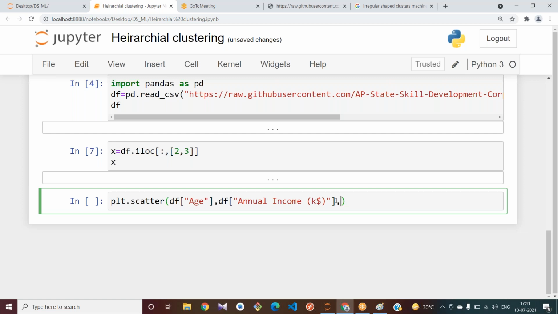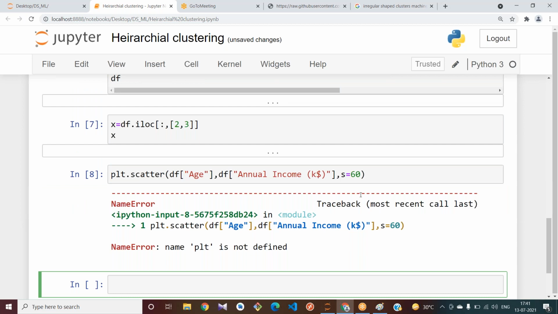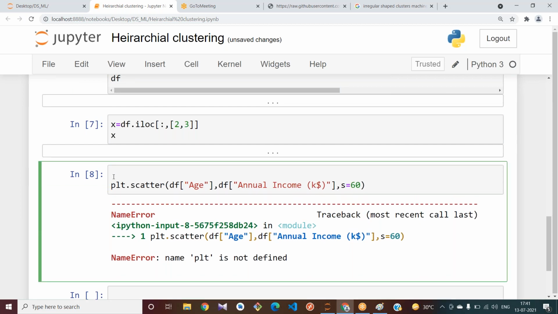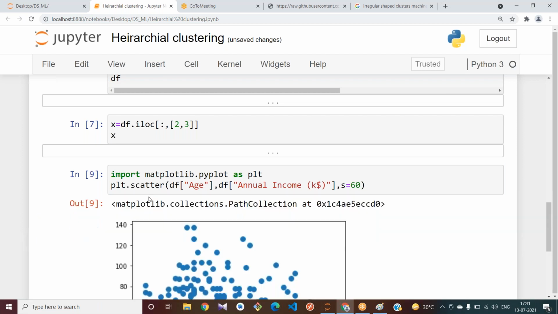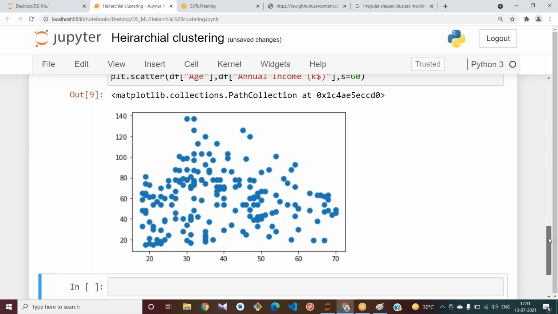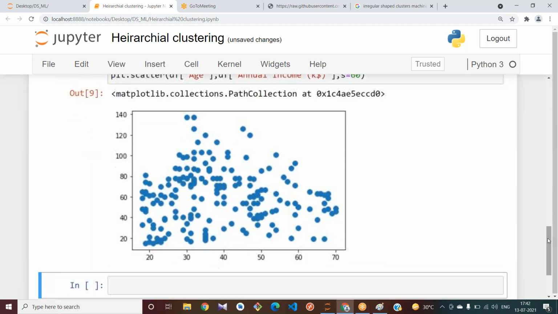Let me give some size, let me give 60. Yes, I need to import matplotlib dot pyplot as plt. See, we got the data like this. Now we need to cluster this data.